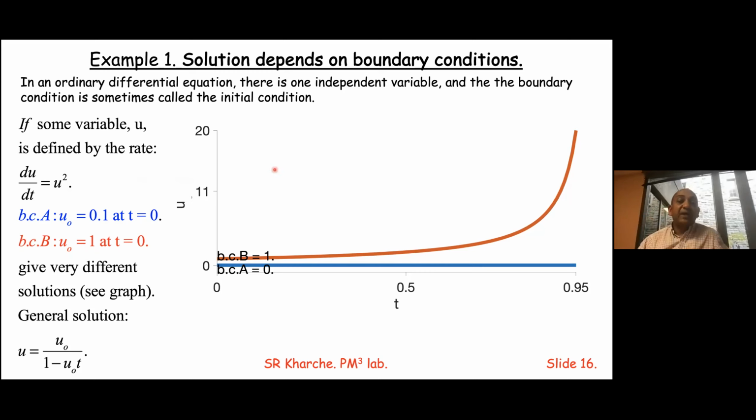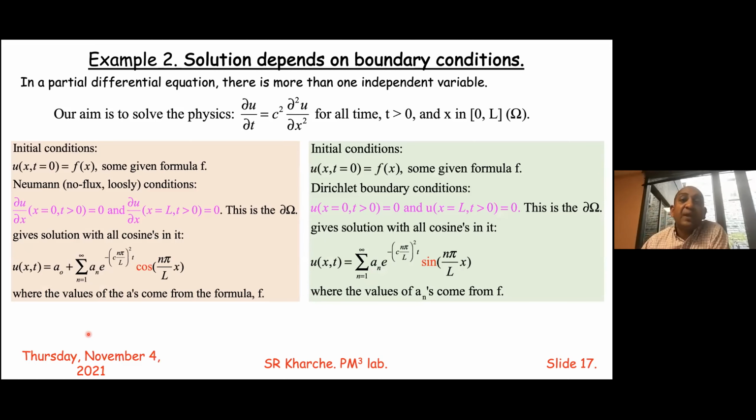If we had time, we could have solved this ordinary differential equation and arrived at the general solution written at the bottom left-hand corner of the slide over here. But I hope that you can see that even in case of very simple physics, boundary conditions are really relevant. Otherwise, instead of having an arrhythmia, you might end up with a conclusion that any condition does not cause arrhythmia. But fine. Here's another very lucid example